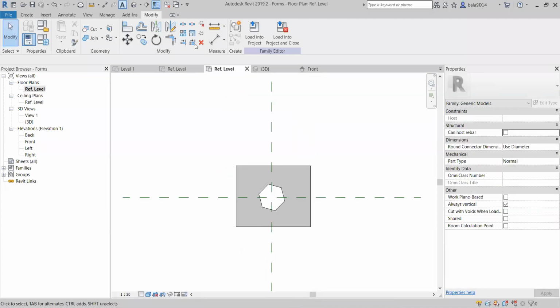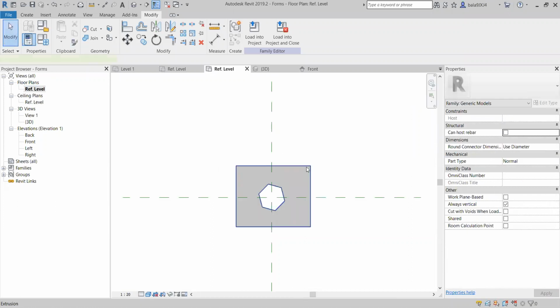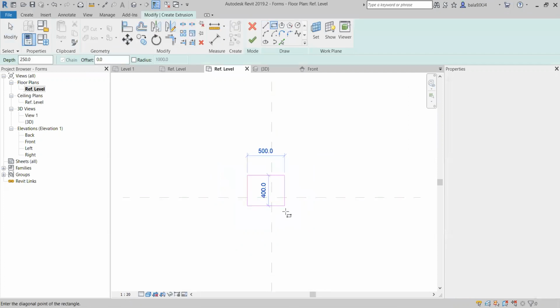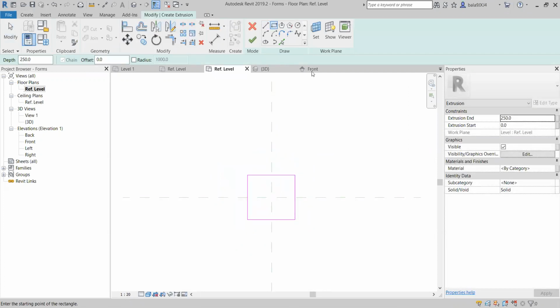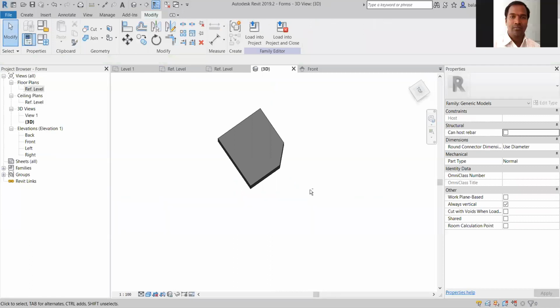Let's say, for example, now I am going to delete it. I will take one more extrusion, rectangle with a different shape. Let's say chamfer kind of shape. Finish. Let's see. This is my extrusion.